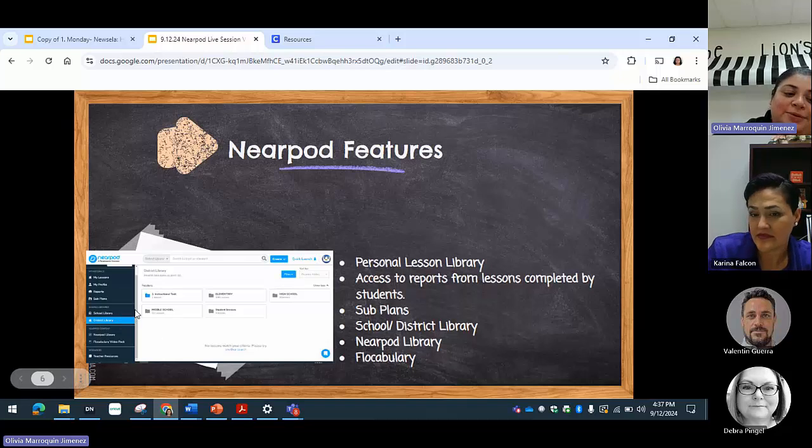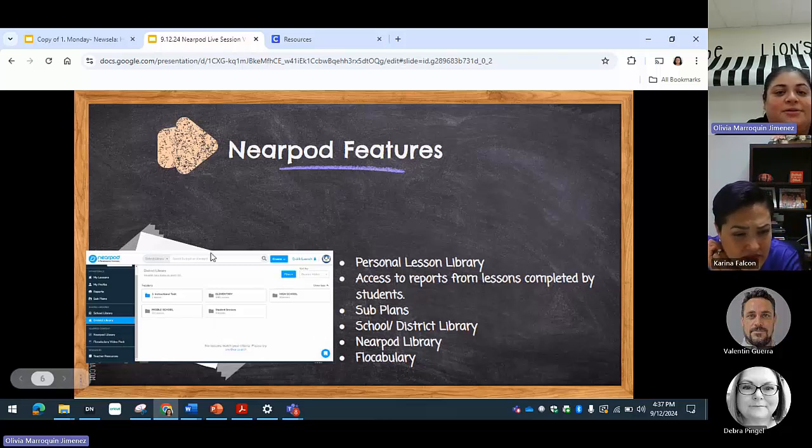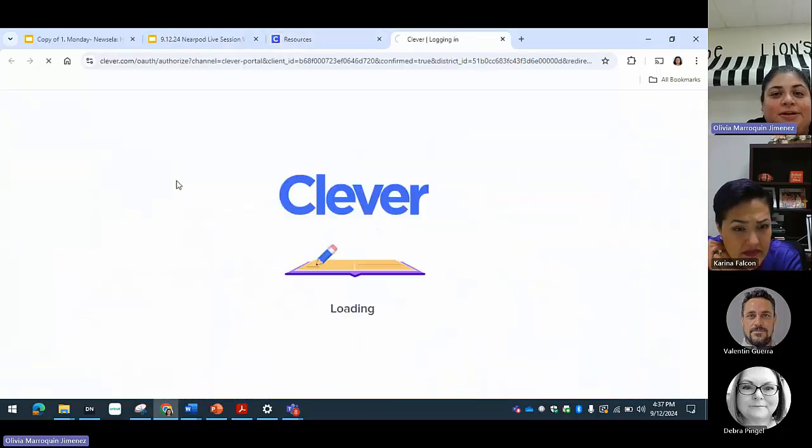And of course, I want to mention that one of the partner features that are available is the vocabulary, and it's further down in the drop-down. So basically, if you were to come to Nearpod,